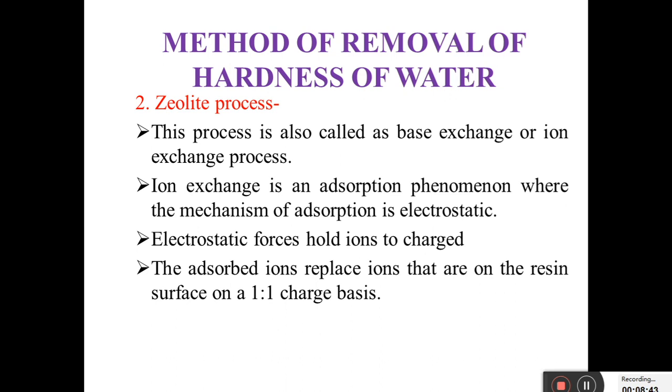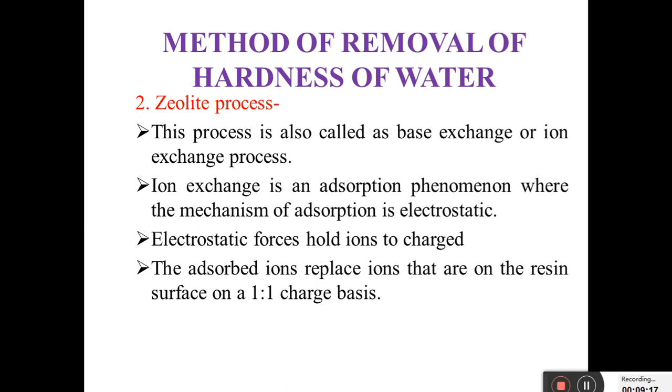See, the zeolites are compounds of aluminum, silica and soda. They are available in nature or they can be produced synthetically. The natural zeolite is green in color, so it is also called green sand. See, the exchange value of the green sand is about 7,000 gram to 9,000 gram per meter cube of zeolite.